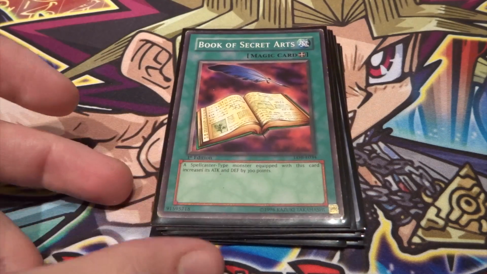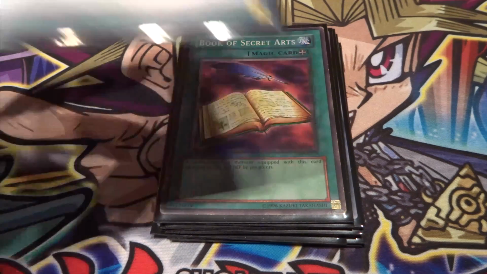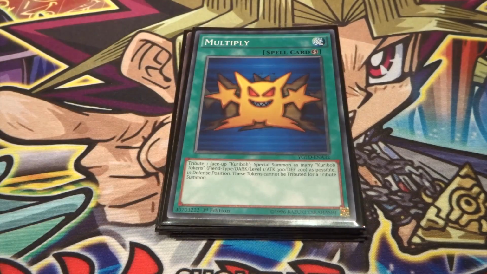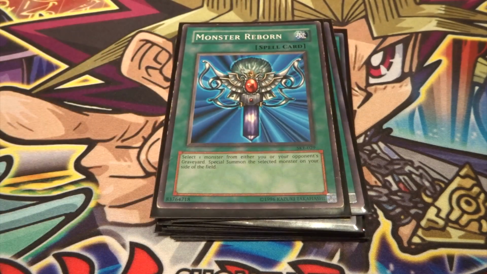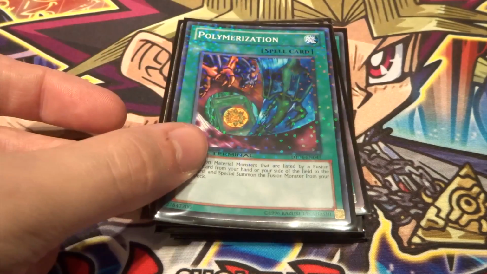Then we've got the Book of Secret Arts, another equip card in Yugi's deck. A Spellcaster type monster equipped with this card increases its attack and defense by 300 points. Awesome. Then we've got Multiply, so we can summon 1 million billion trillion Kuribohs to the field. Dispel. Then we've got Reborn the Monster, Pot of Greed, and of course his final spell card is Polymerization,